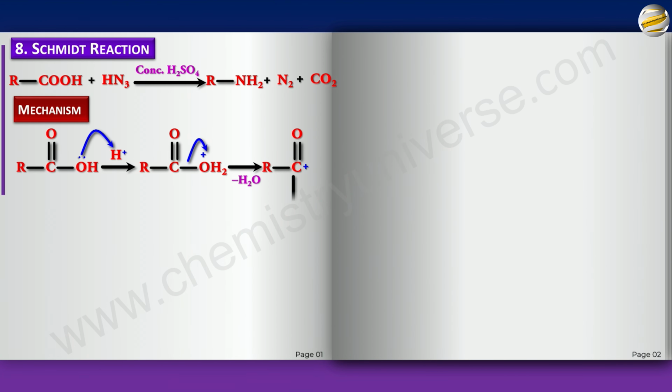Now HN3 is going to begin to act. The way it acts is that the minus charge comes here, the pi bond shifts to nitrogen, and the lone pair on this becomes active enough to attack this electrophilic carbon. And what you will get would be something like this. Just check this out.